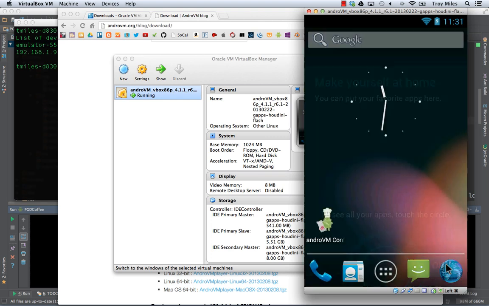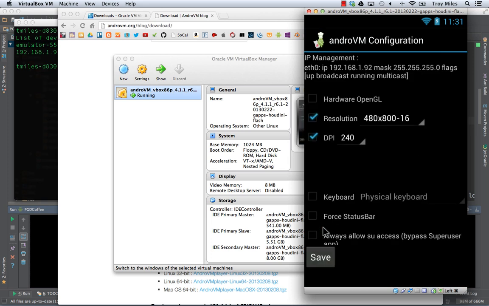And click to finish. And now we're in Android, all the way from boot in just a few seconds. Now the very first thing that we need to do is let the Android Debug Bridge know that the Android VM is a device. In order to do that, we need to first get the Android VM's IP address. Android VM comes with a configuration app, and this configuration app tells you what the current IP address is. So we need to get that IP address,